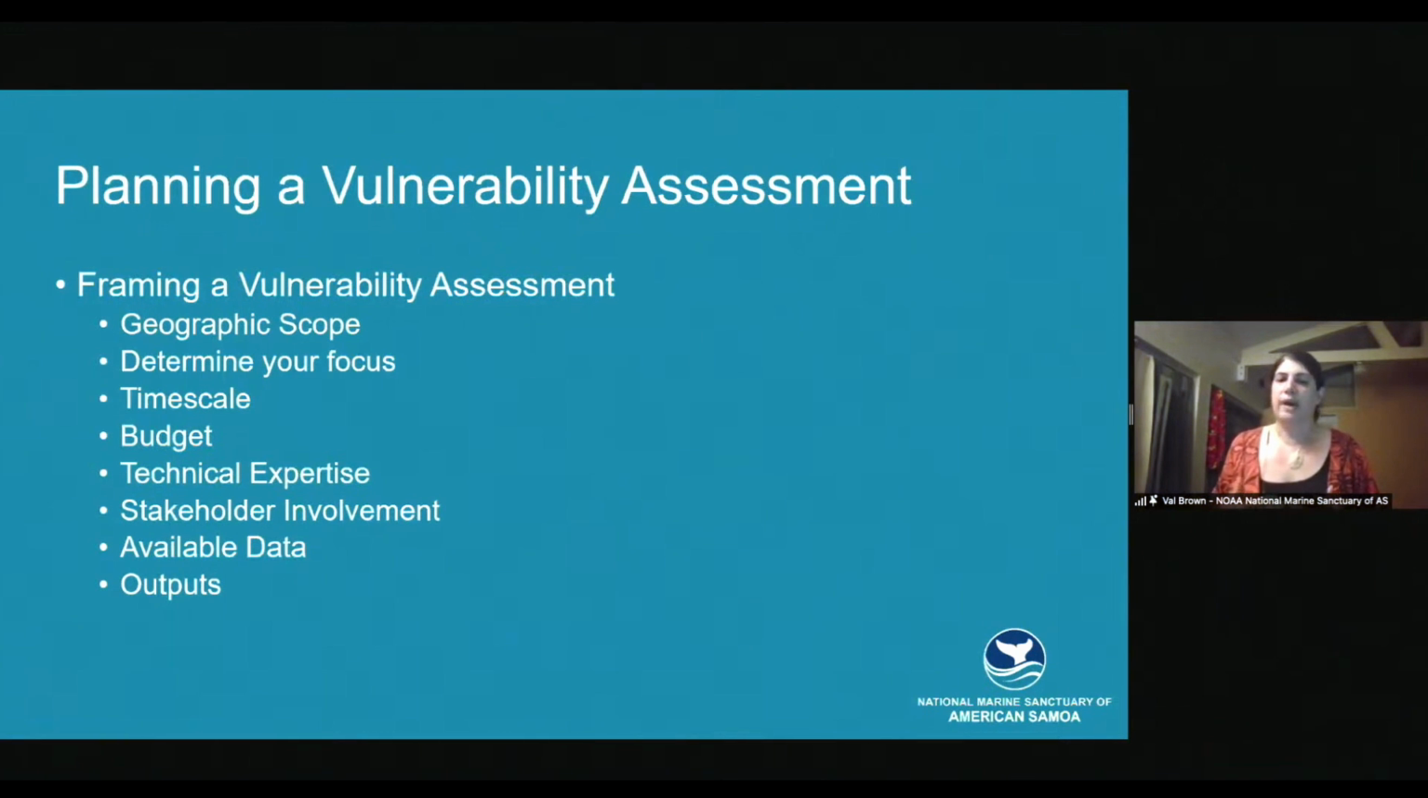And also the outputs. What do you want to produce? Are you looking for a plan? Are you looking for a tool that can help you assess further? Are you looking for a prioritized list? It's important to have these in mind before getting started, because it can really help you narrow down your focus